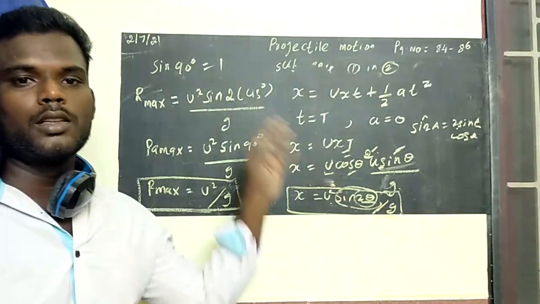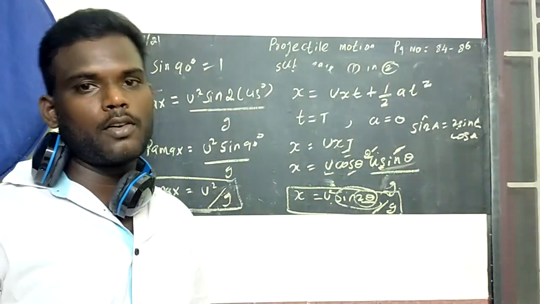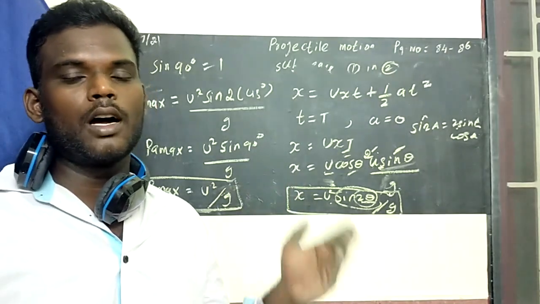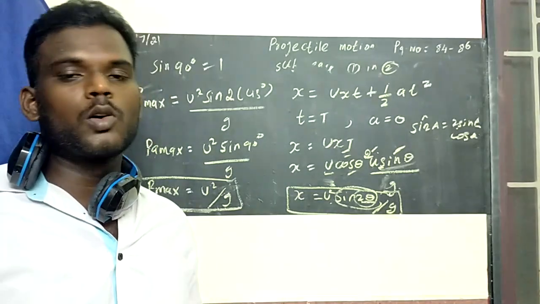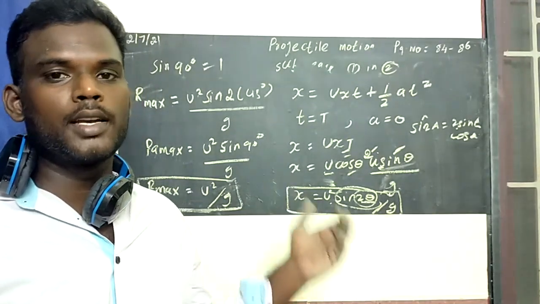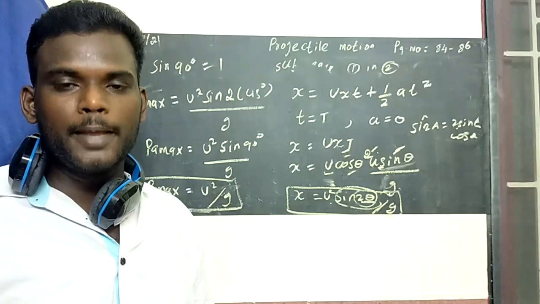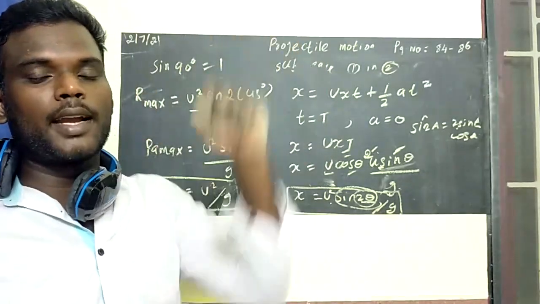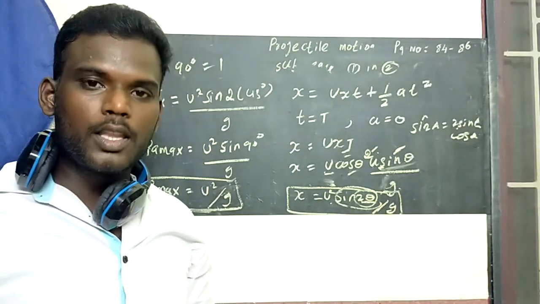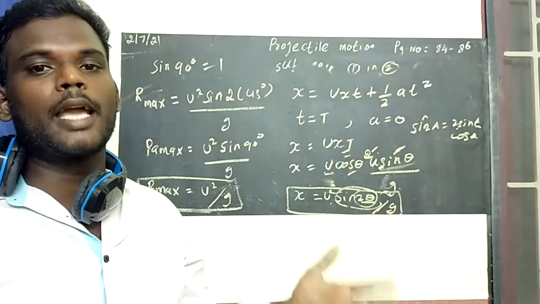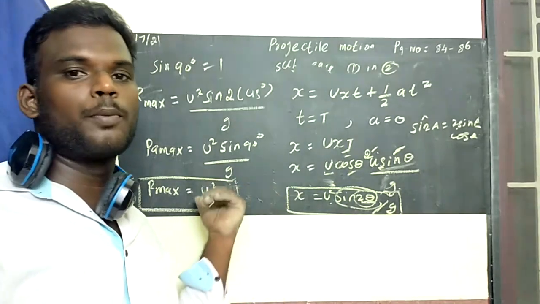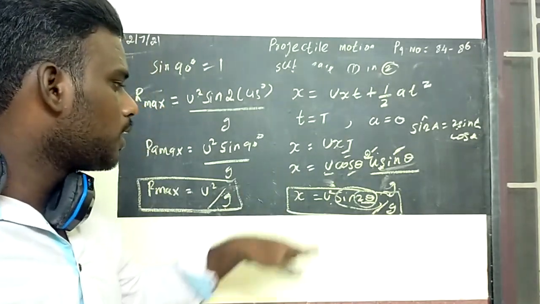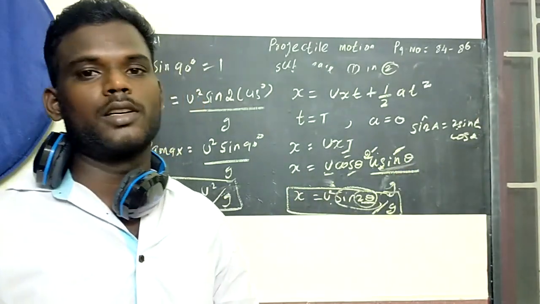Is that clear? So in this topic, we derived the velocity of a body in the horizontal and the vertical after some time t, and we also derived the distance traveled by the body in the horizontal and vertical after some time t. We can also find the maximum height attained by the body, and we derived the total time taken by the body. That's called the time of flight, the time taken between the initial point and the point where the body hits the ground. And finally we discussed the maximum distance traveled in the horizontal.